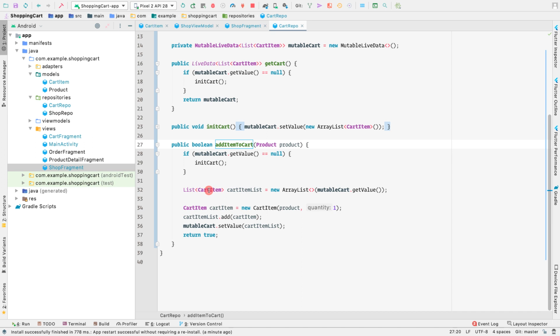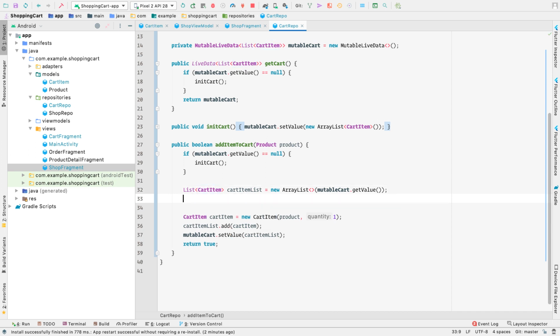But instead what we want to do, firstly we'll loop through the list, that is the cart item list, and we'll check if there is an item with the same ID, because our products contain IDs here. And since the cart item contains a product and the product contains the ID, we can see if the product has already been added to the cart. So let's make a for loop here, let me increase the font size.